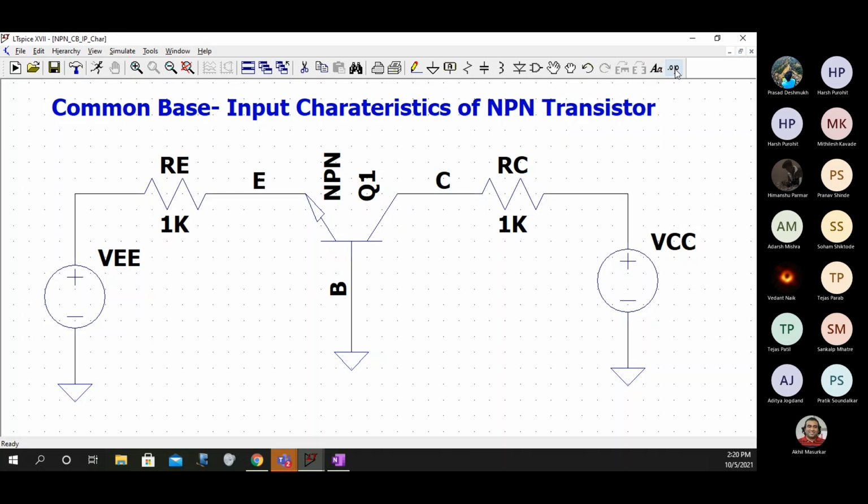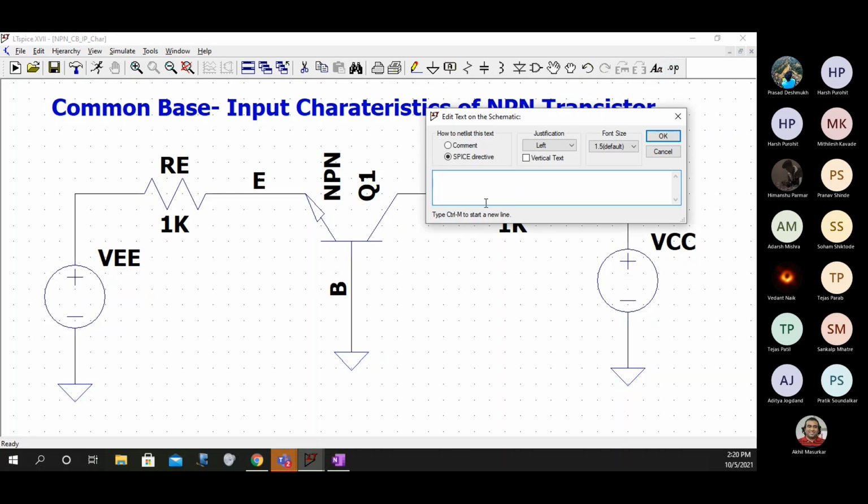Because unless you write a dot model, you can't really define the data of the transistor. So if you don't want to define dot model, you can select a standard transistor, or you write dot model NPN into bracket data.